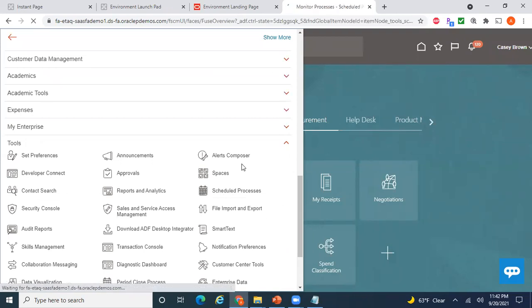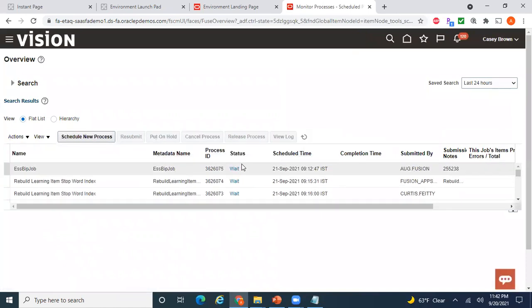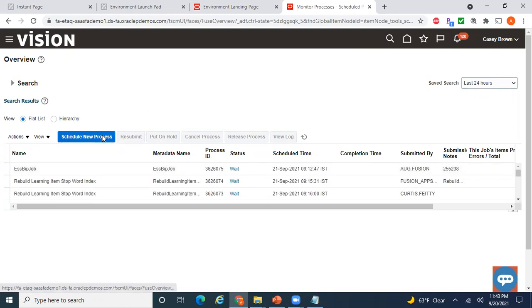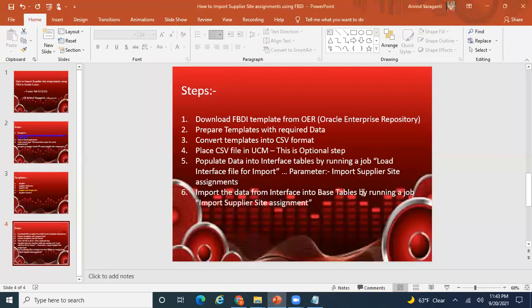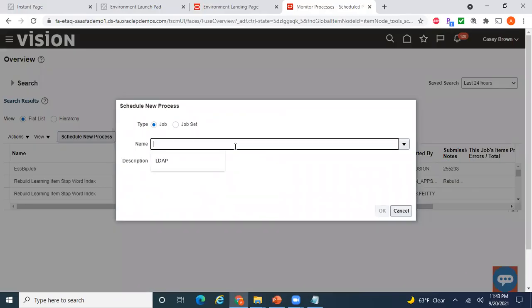This particular program will read the file and import the data from the file into the interface table. That's the name of the program.